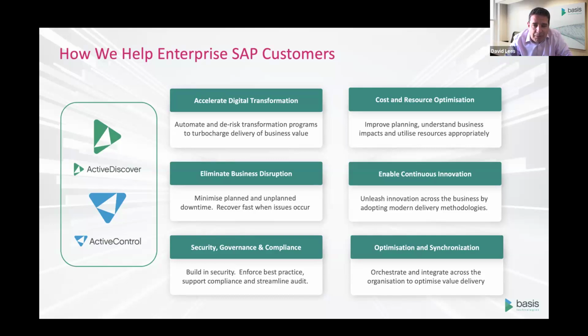So we have customers that are orchestrating change between SAP and non-SAP, linking the likes of ActiveControl to other pipelining tools or capabilities such as Jenkins, GitHub, GitLab, or Azure DevOps pipelines. So we've got 2 products, as you can see on the left. ActiveControl is focused around change and release automation, and ActiveDiscover is focused around change impact analysis,